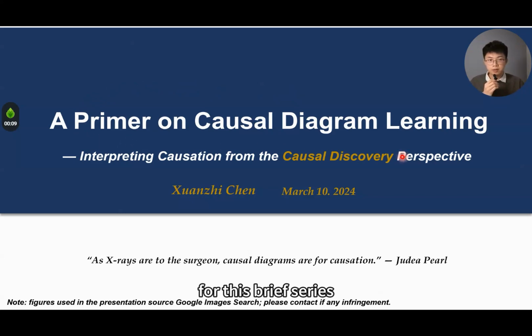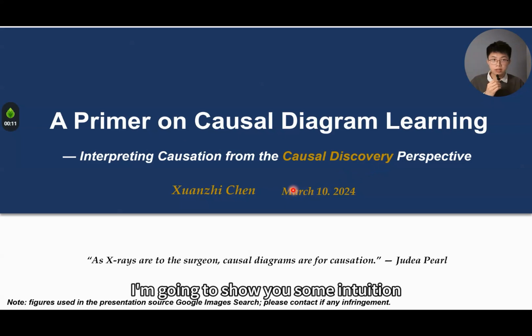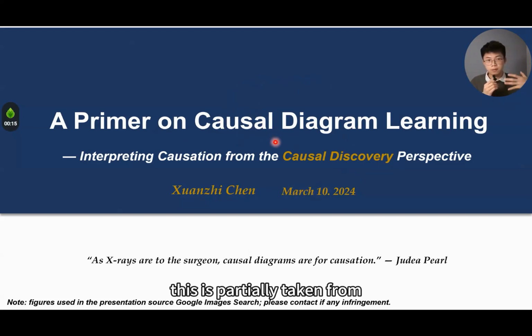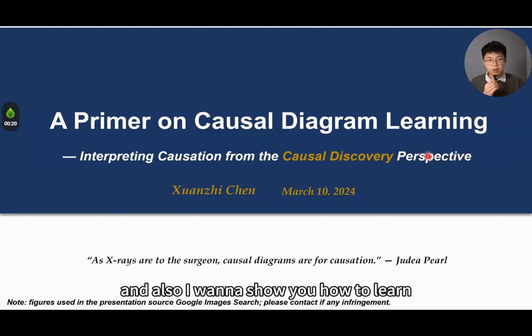For this brief series, I'm going to show you some intuition about the important roles of causal diagrams. This is partially taken from the perspective of what we call the revolutionary causation. And also, I want to show you how to learn such a causal diagram when it comes to inferred